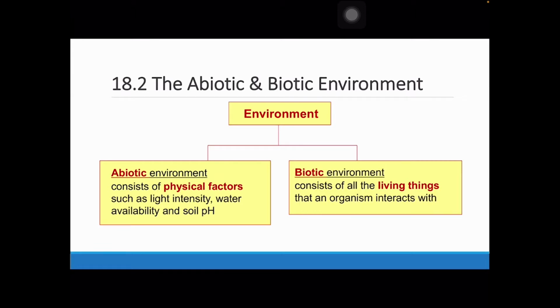So if you think of us as humans, our abiotic environment will be things like the water, the light, and air around us. But the biotic environment will be, for example, you with your classmates, you with the teachers, you with your pets, or you with other animals along the streets. That's called the biotic environment. So bio means living things, right? That's why this entire subject is called biology.